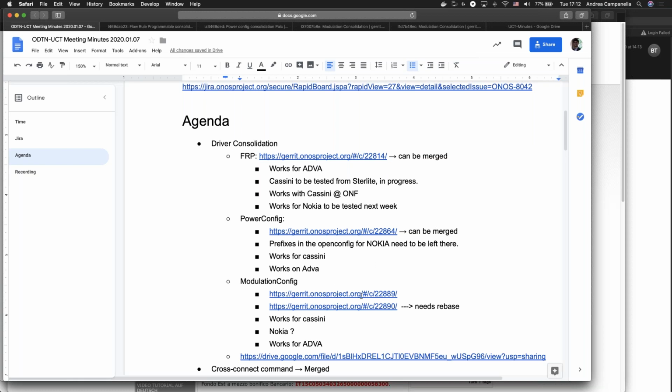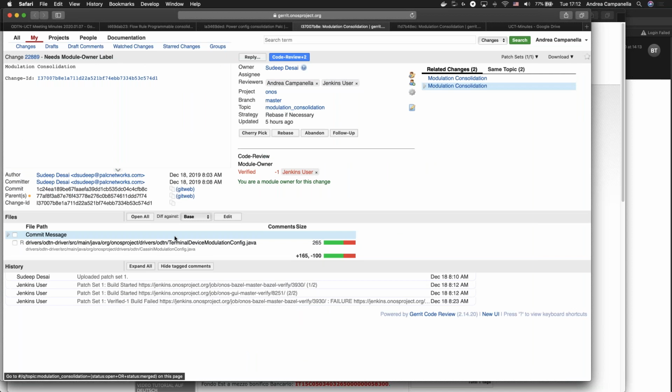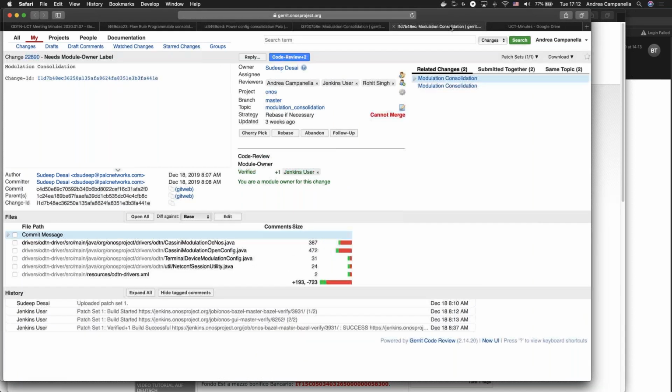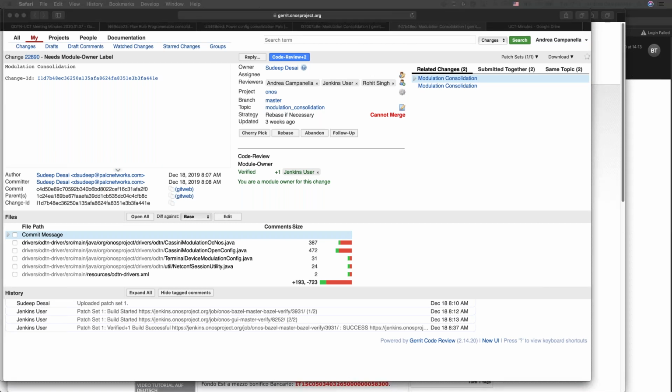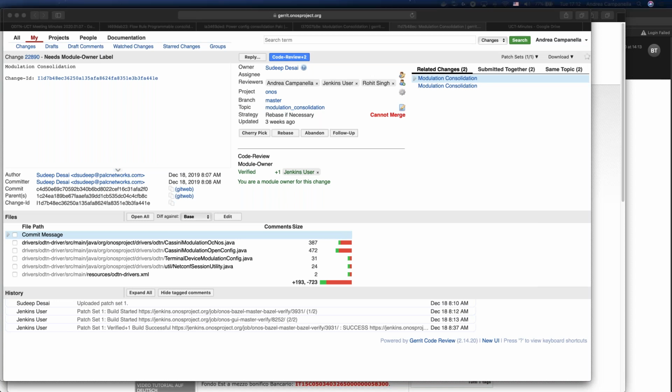Okay. These ones, I need to understand what's the difference between this one and this one. Actually, we had done a commit without any changes. We had tried to commit, and that's why there were two changes arising out of that. In the latter commit, we have all the correct things.